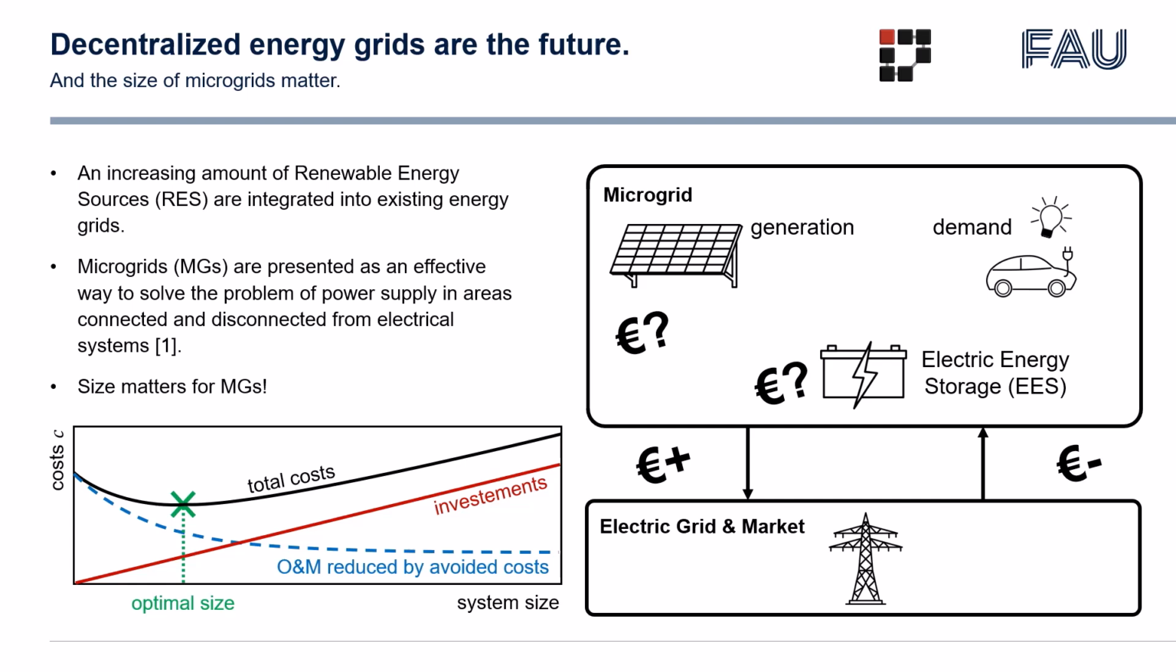The black line now shows the total costs of basically ownership. So it includes investments, maintenance, operation, and buying, selling, exporting energy to the grid and buying it from the grid. And here you can see there is actually an optimal size. There might be multiple ones, obviously, but there is at least one optimal size which reduces your overall costs of